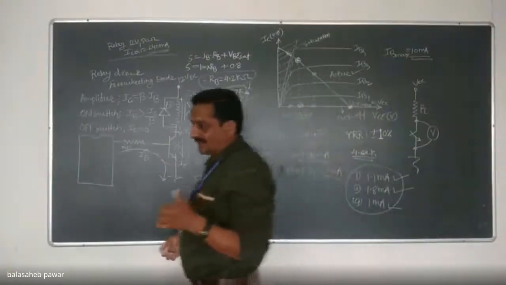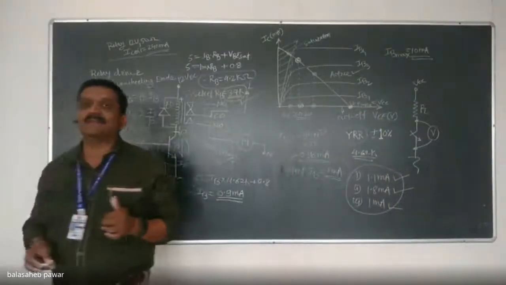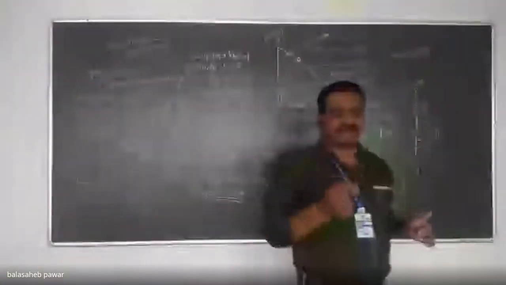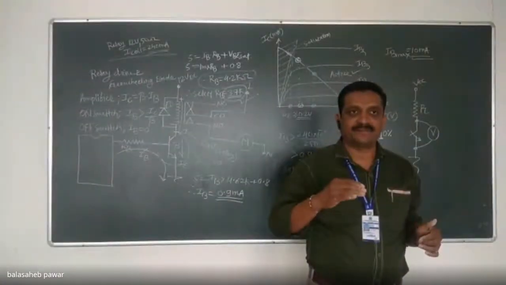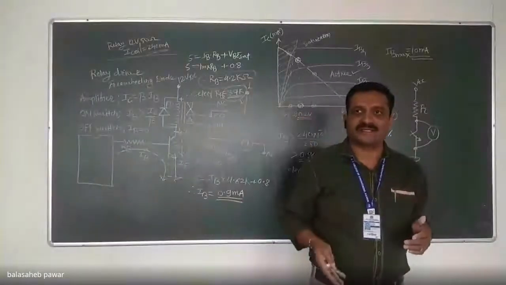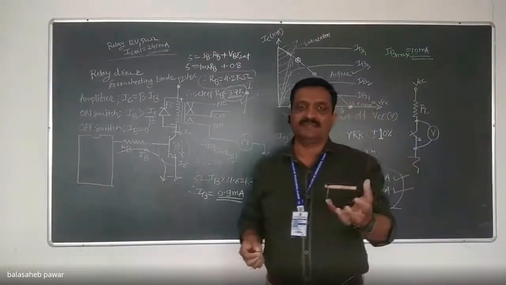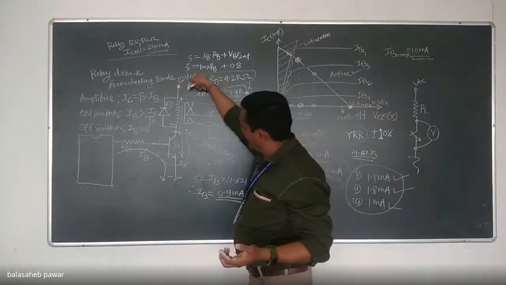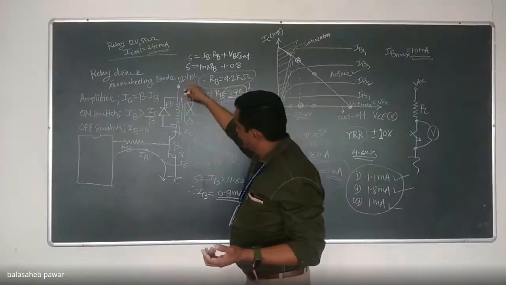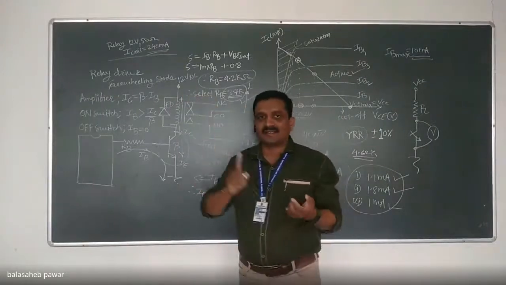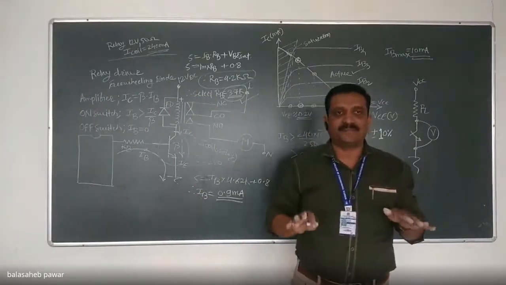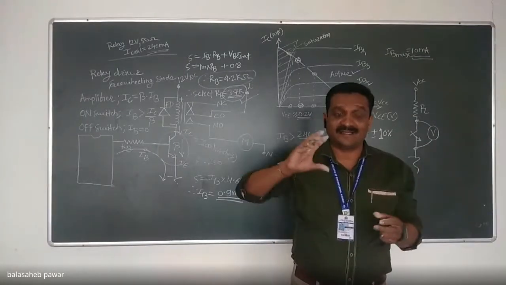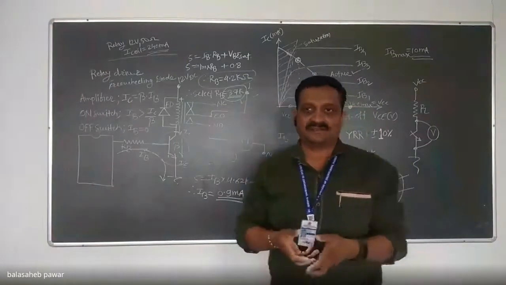Remember this one. What is the property of an inductor? Whenever current is flowing through the inductor, it stores energy, first of all, with the polarity as per the direction of flow of current, like this, right? When current flowing through the inductor gets stopped, the polarity of the energy stored by that inductor gets reversed.